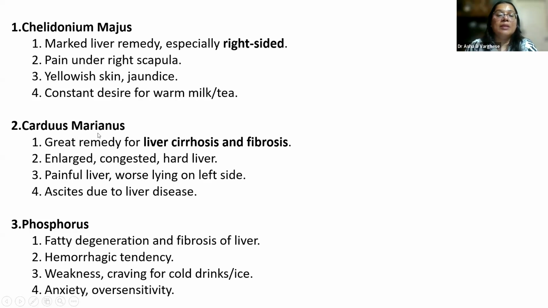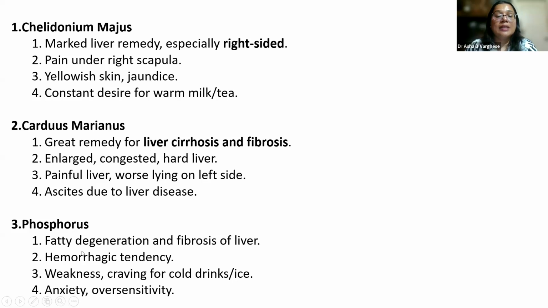So at that time, mother tincture with alcohol, we should dilute it well and give. If at all you're giving mother tinctures, try to give in the lowest potency if possible. If liver cirrhosis happens, generally I prefer not to give alcohol-based medication. So we give it in the trituration, 3x, etc.